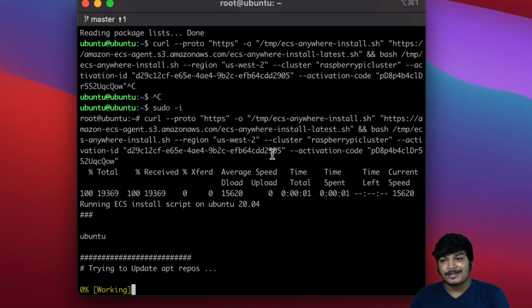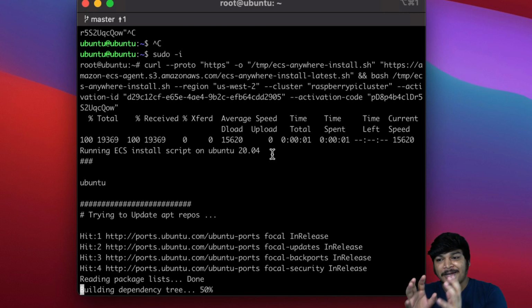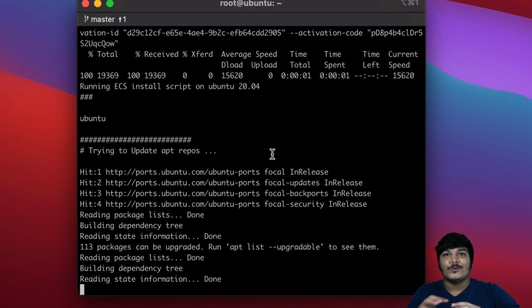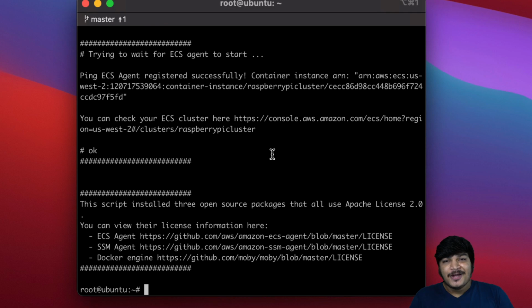You will see it get downloaded and it will do all the installation of Docker, the ECS agent, and the SSM agent. All will be installed by this script itself, and you don't have to do anything. If any problem happens, I will show you how to fix it. Now one by one, Docker, containerd, SSM agent, ECS agent, all the dependencies are installed,